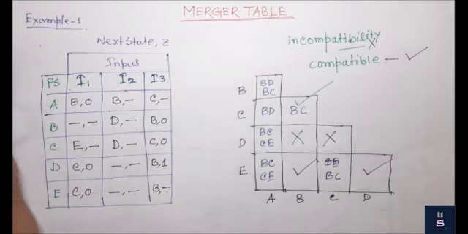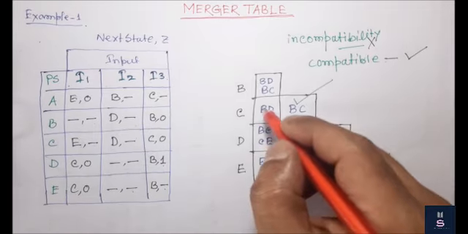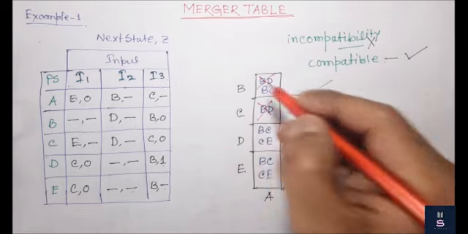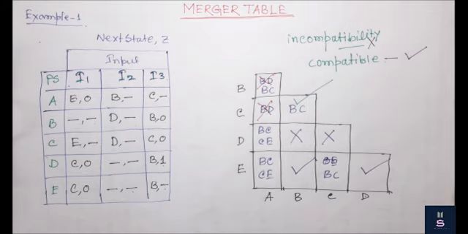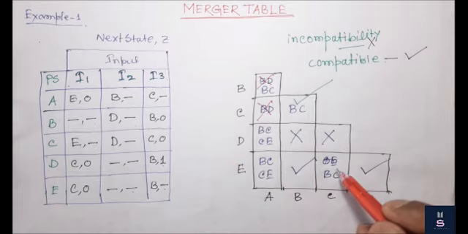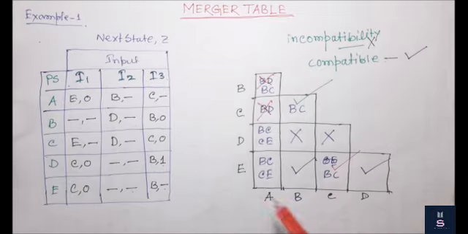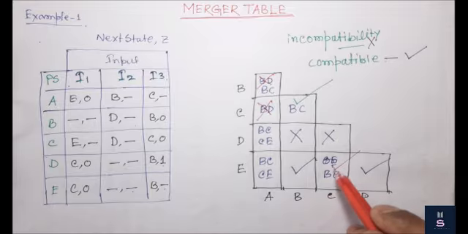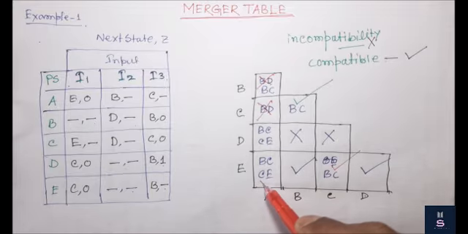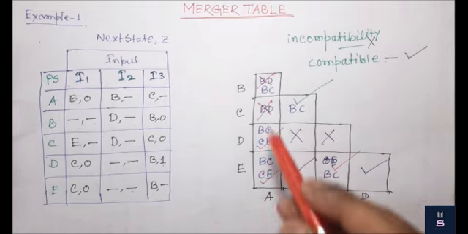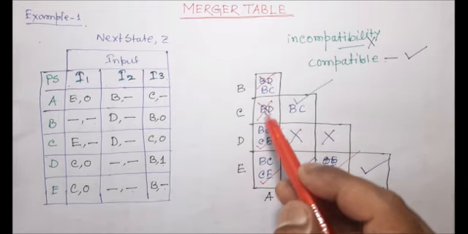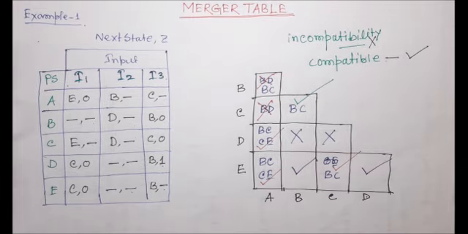So that means this one is not going to hold. Now again think of BD, here BD is not possible, so this cell is not possible. So this is a cross, and BC is possible, so that is why it is also possible, right? And BC is possible, CE is also possible. So CE holds, that means this one holds, BC holds, CE holds, this one also holds. So only four cells are crossed.